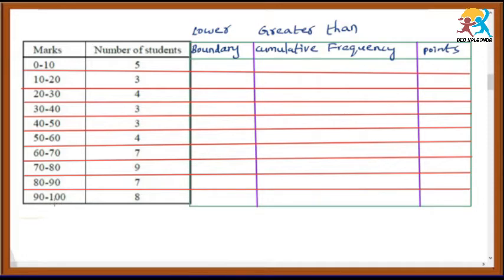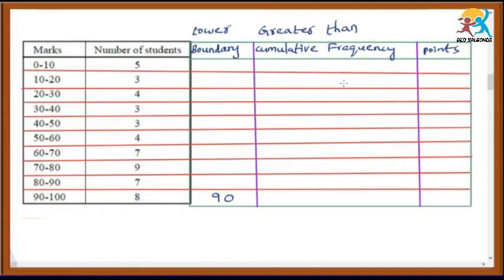In this, if we take 100, is it possible to find out the number of students who are above 100? It is not possible. For 90 it is possible. So here we should choose 90. In this 90 to 100 class interval, what is 90? 90 is the lower limit, or here we can take it as the lower boundary also.